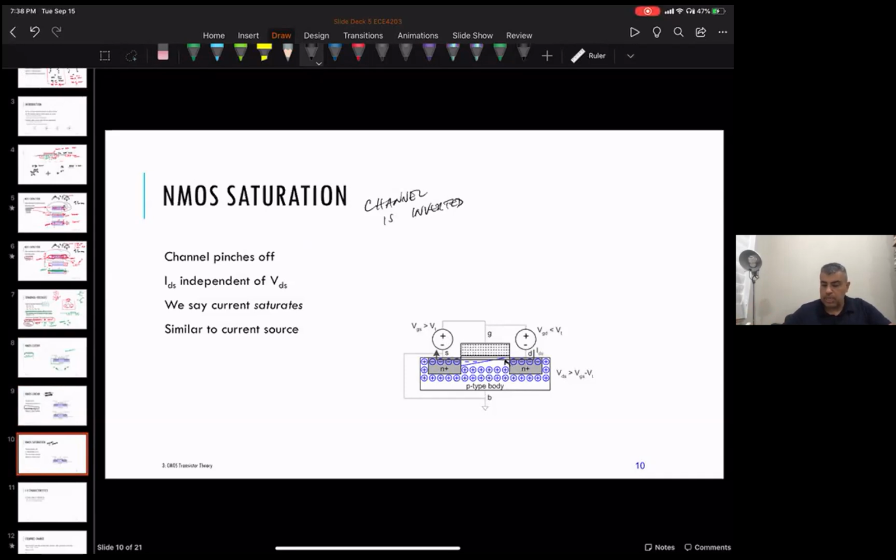So you basically had IDS when VDS is less than some, let's call it VDSAT. We'll see how we define VDSAT. When VDS is less than that, then IDS, drain source current, is sort of proportional to drain source voltage. Okay. When the drain source voltage goes bigger than this certain voltage, VDSAT, again, that we'll define, what happens is